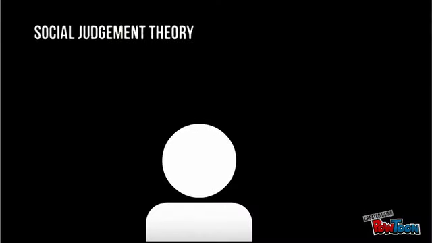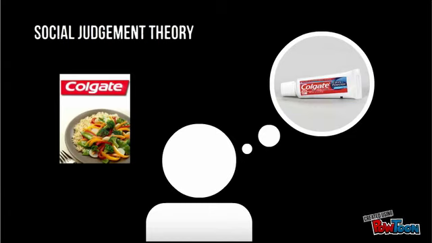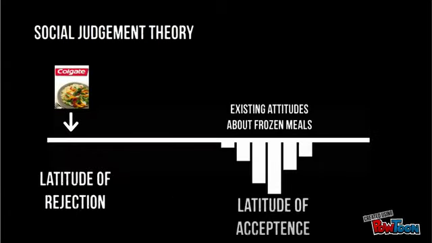In 1982, the American toothpaste company Colgate decided to branch out and produce a line of frozen meals called Colgate Kitchen Entrees. When consumers made their purchasing choice in store, their previous attitudes about Colgate came into play. Their sensory memory told them that the last time they bought a Colgate product, it left a very different and minty taste in their mouth. There was a strong latitude of rejection towards the product, and it would not sell in the marketplace.